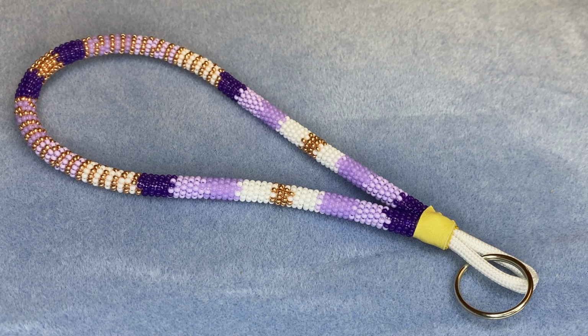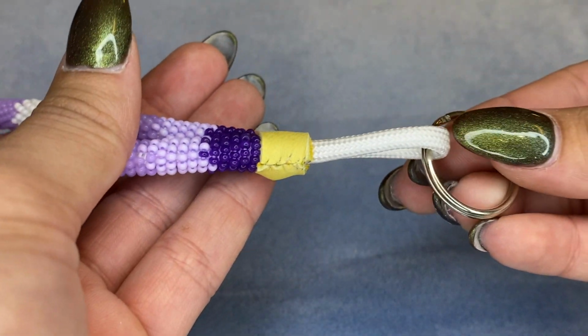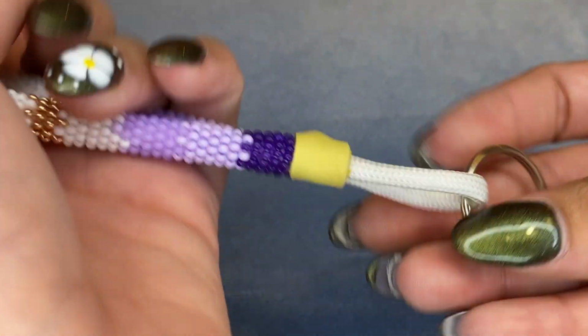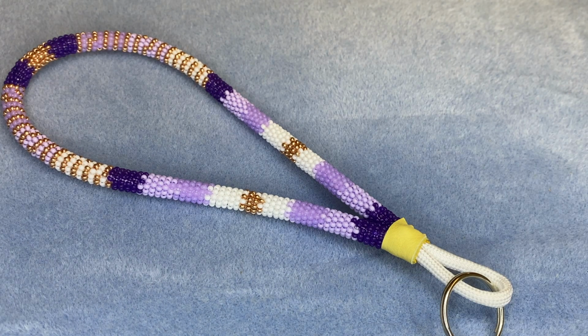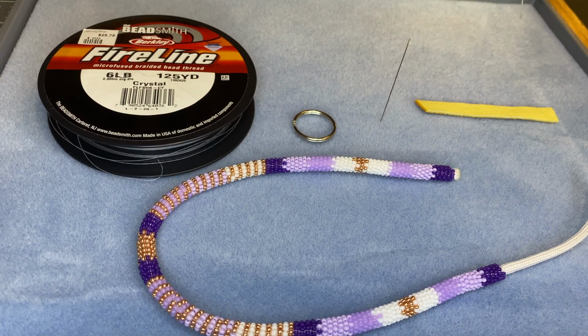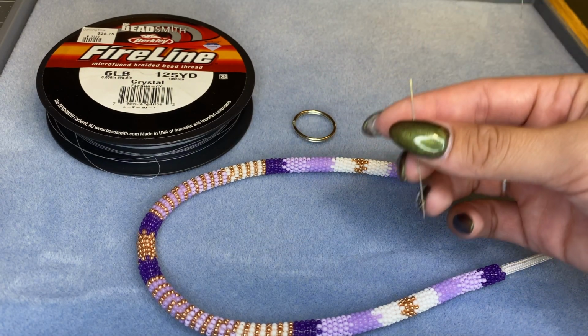Hey y'all, so today I'm going to show you guys the updated way on how I add leather and key rings to my lanyards and keychains. It's been a while since I've done a tutorial, so I thought I would just do an updated one for y'all. Enjoy! Okay, so what you're going to need is 6-pound Fireline, a key ring, this is a size 10